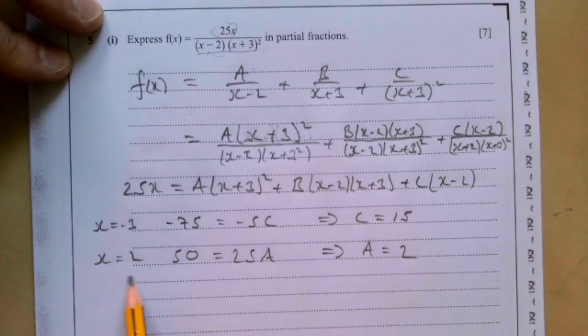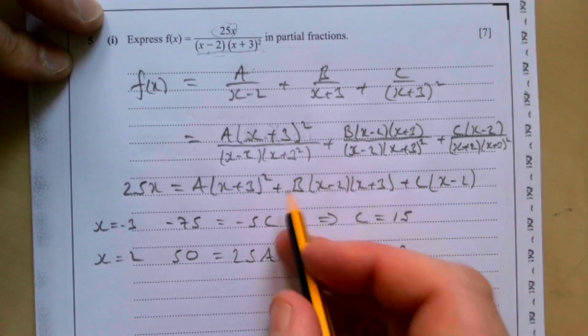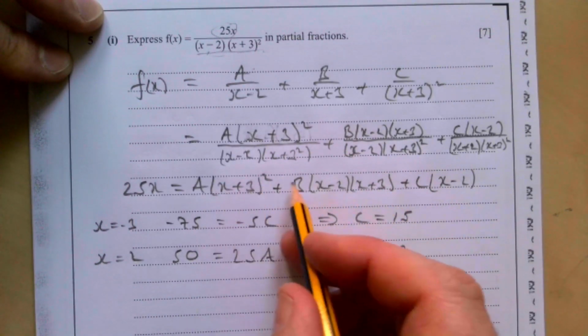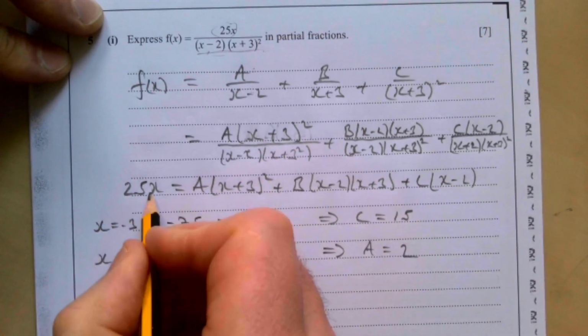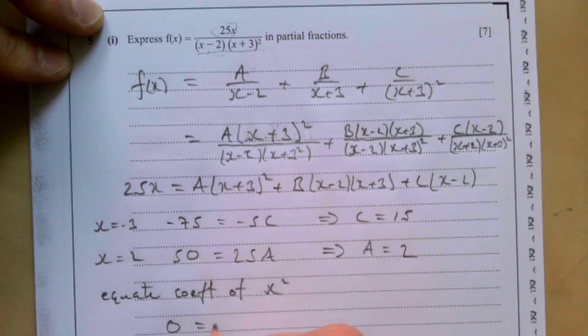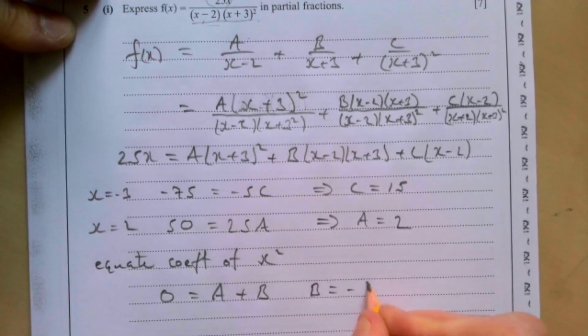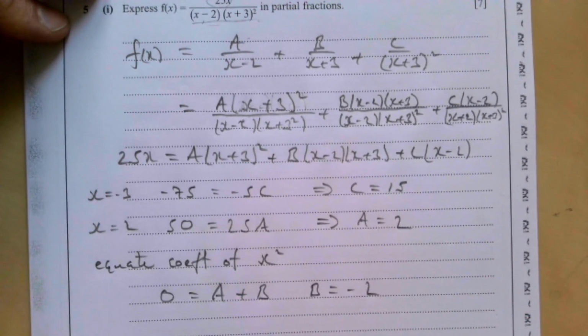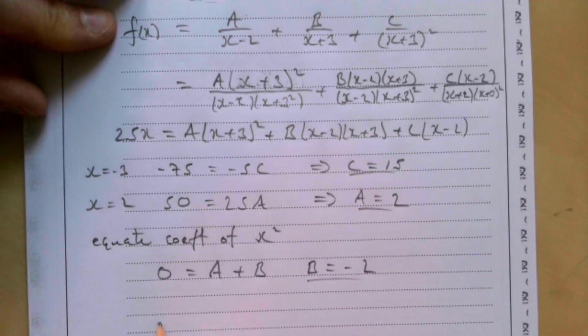To work out the b, you can do a couple of different things. You can sub in, for example, x equals 1 and sub in your a and c to work out the b, but I'm just going to equate coefficients. So if I equate coefficients of x squared, so here then we're going to have 0. There's going to be a 1x squared there, so that's going to be our a, and there's going to be a 1x squared there, so that's going to be our b, and that gives us then a value of b equals minus 2. So I'm there, I've got my 3 values, 1, 2 and 3,